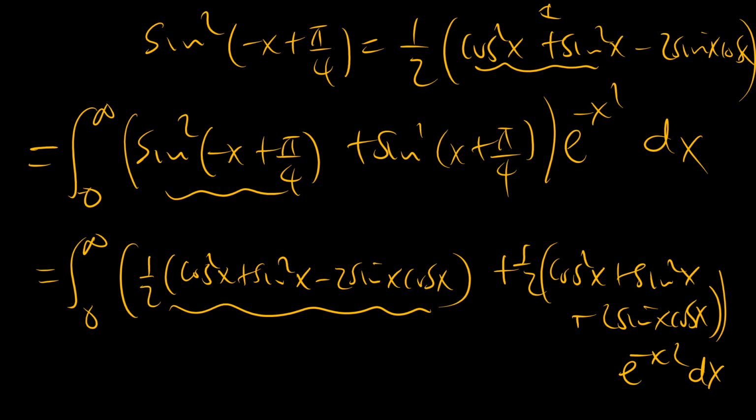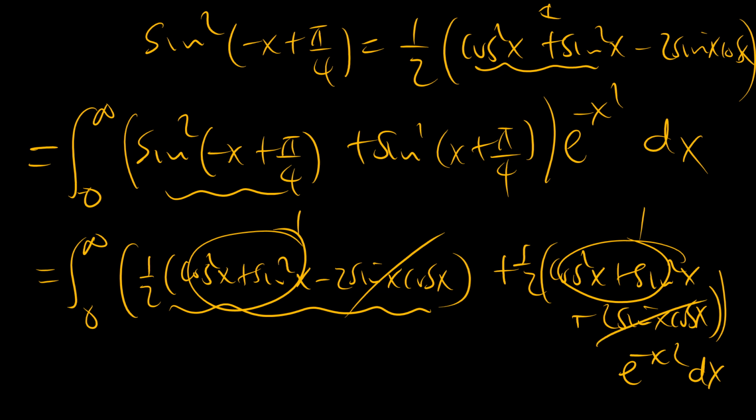Now as you can see, this part is 1, this part is 1, but this part and this part cancel out, right? So our problem now becomes the integral from x equals 0 to infinity of a half plus a half,